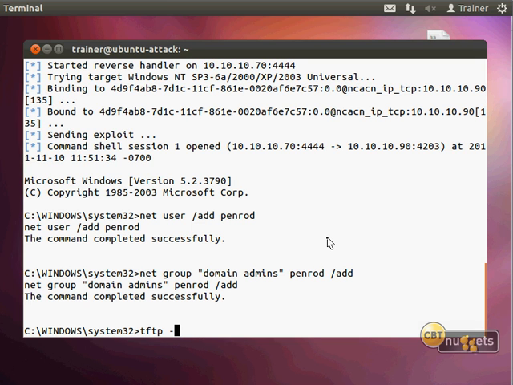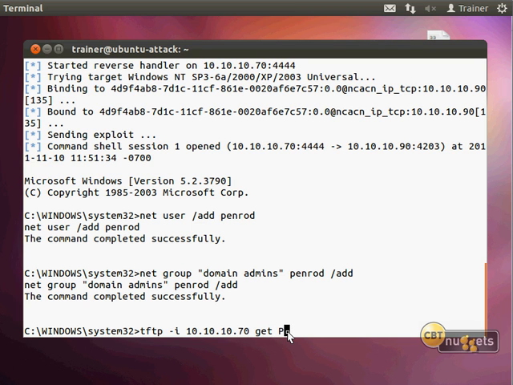So I'll do a TFTP -i, and then what I'm going to do is establish a TFTP connection back to .70. What is .70? That's this Ubuntu computer that we're looking at right now. The remote computer that I'm exploiting is .90. That's my domain controller where I've got this Windows command prompt. So I'm telling the .90 computer, this Microsoft computer, to connect to the computer we're looking at over TFTP to .70. And then I'm telling it that I want it to get a file.